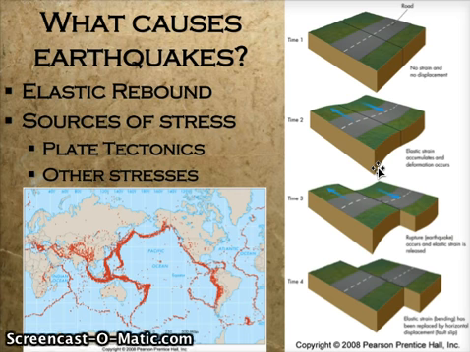At time 3, we've moved the two sides a little bit more. The energy that built up was enough to overcome the strength of the rocks along the fault, and they rupture, which generates an earthquake. And so that's when you see a section of the fault give way. And then at time 4, we have a new stable situation and movement on either side of the fault continues, and the buildup of stress begins again.